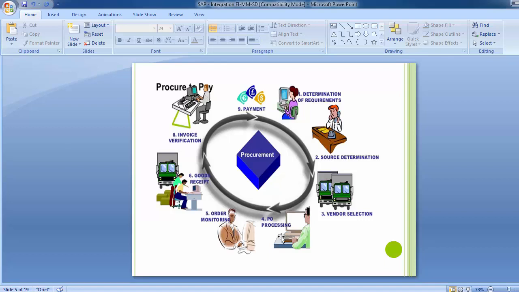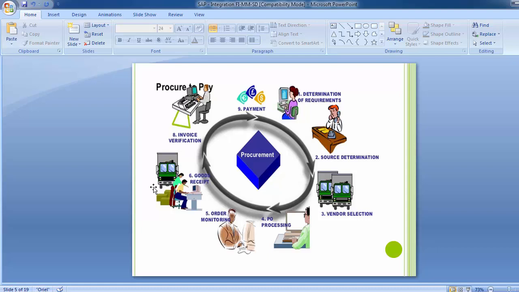Once the purchase order has been processed, the order has to be monitored, in what time period the order will be delivered, the timeline. And once you receive the delivery, you move to the sixth stage, that is the goods receipt. This is another important part. In this, the goods receipt is made, also known as a gate entry.